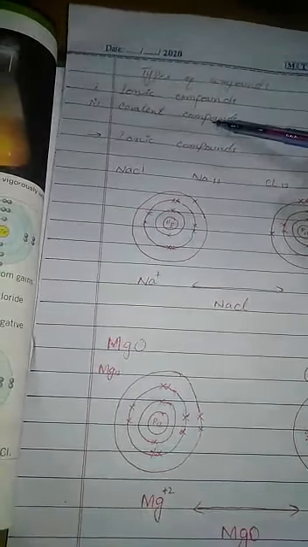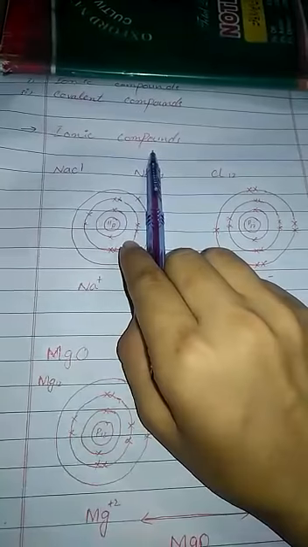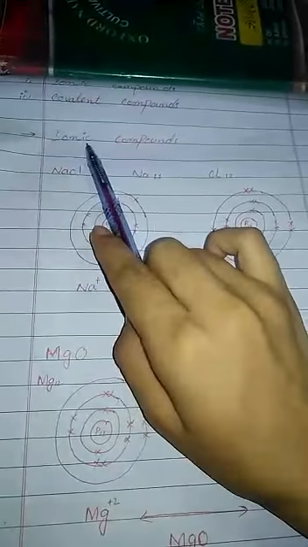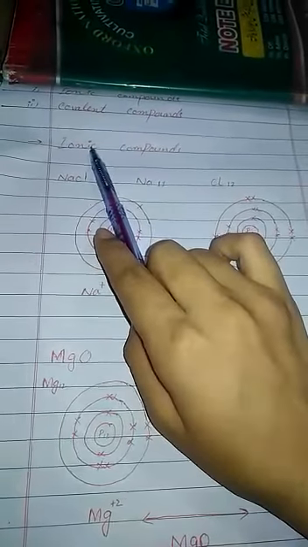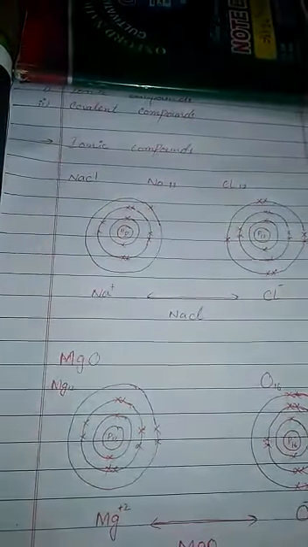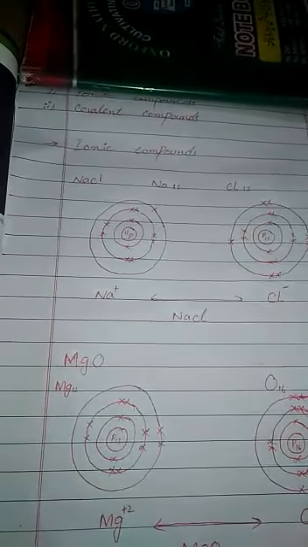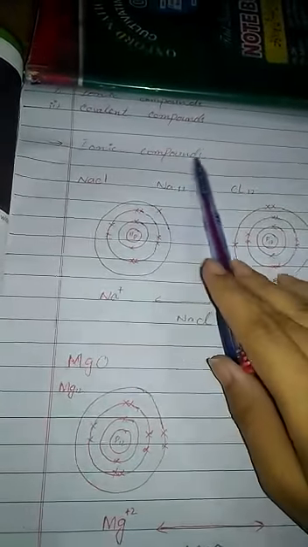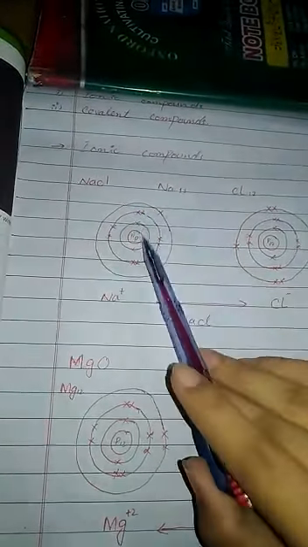Students, from the name ionic compound, it is represented that an ionic compound is made from ions. So what are ions? In the previous lecture we discussed ions. When atoms lose an electron or gain an electron, they gain a positive or negative charge. These are called ions. When ions join together, they form compounds that are called ionic compounds. Ionic compounds are formed by the joining of ions, and about ions you have learned in previous lectures.